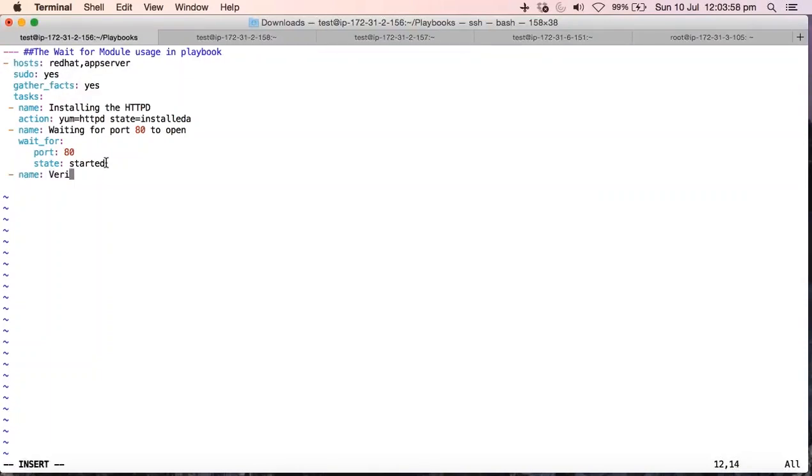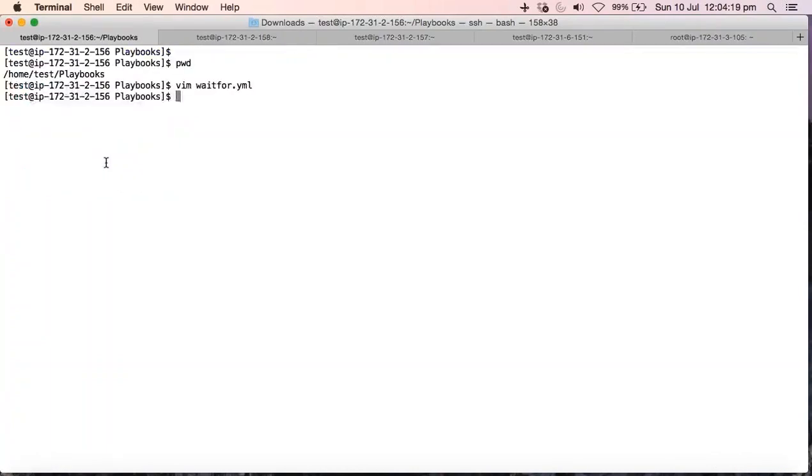Okay, so verify the FTP installation. So I'm going to use the yum module and use ftp and state equals installed. Let me just check the